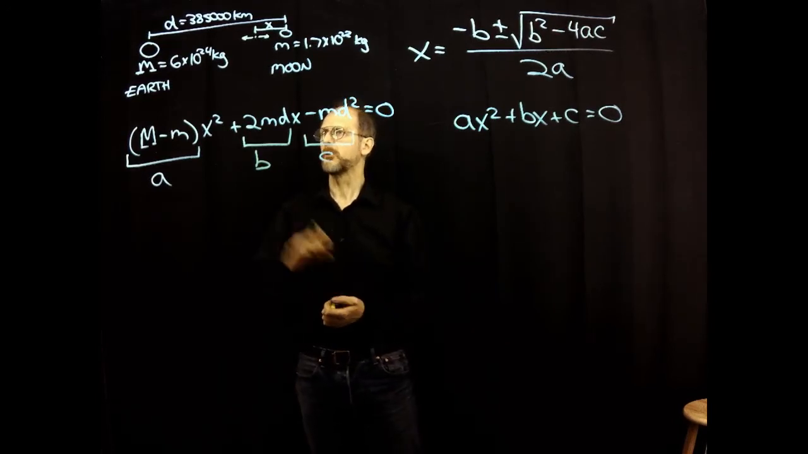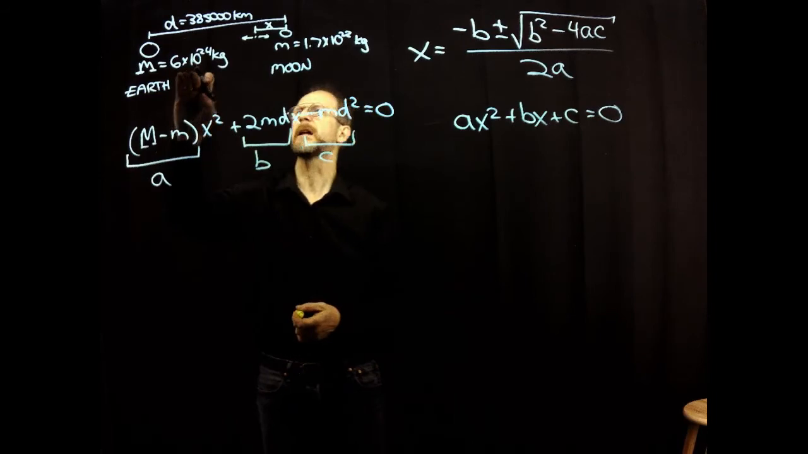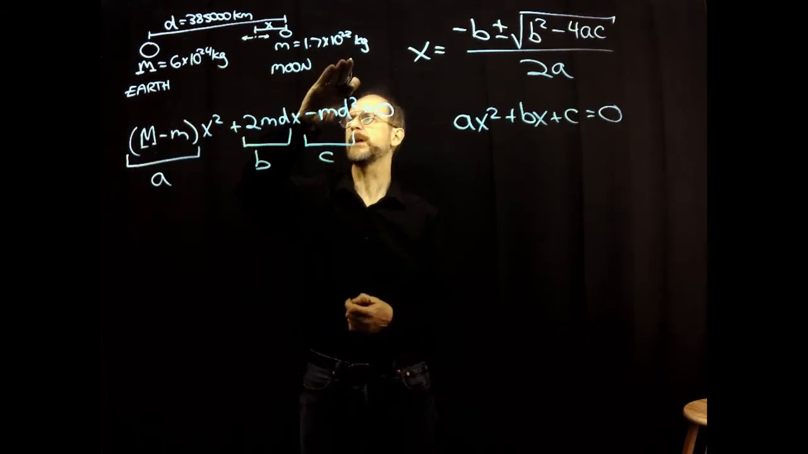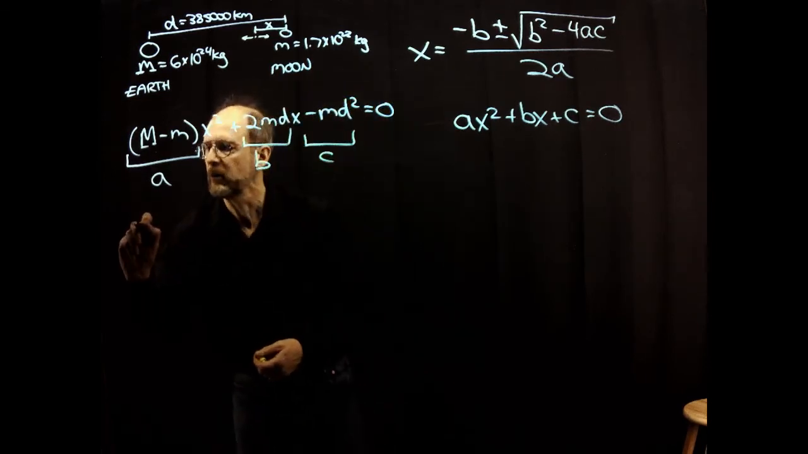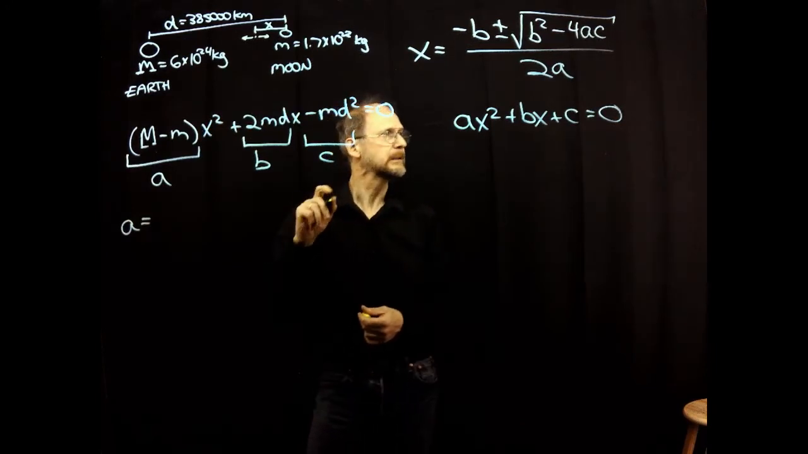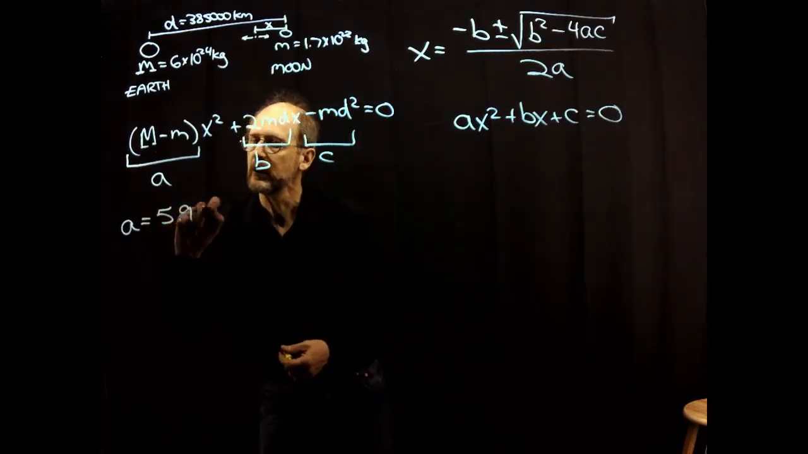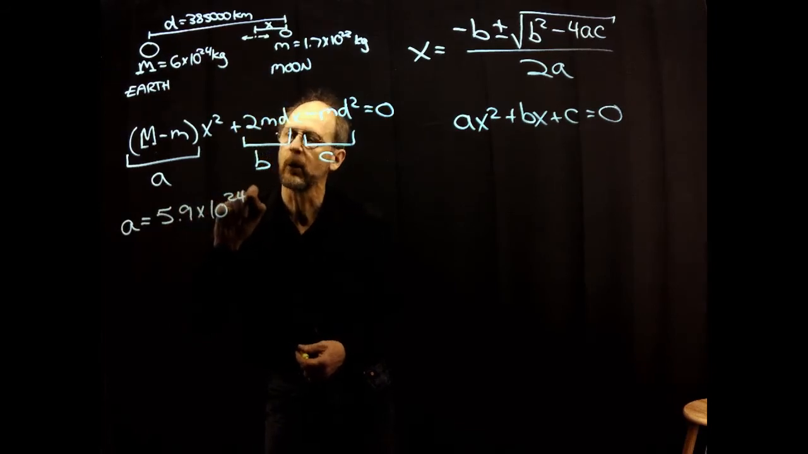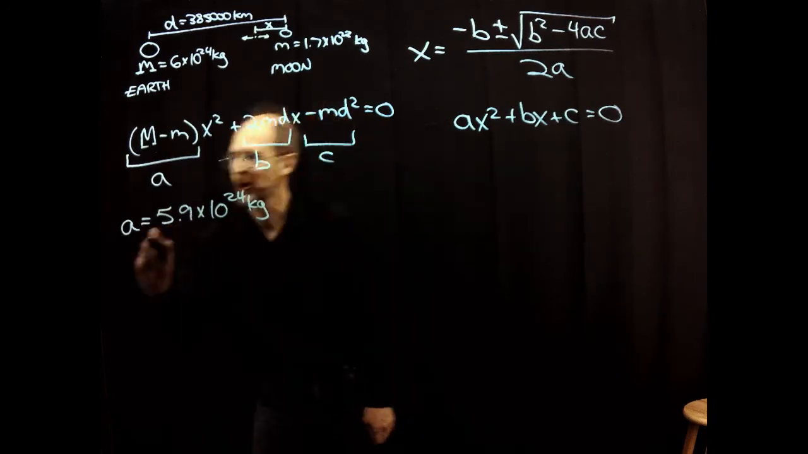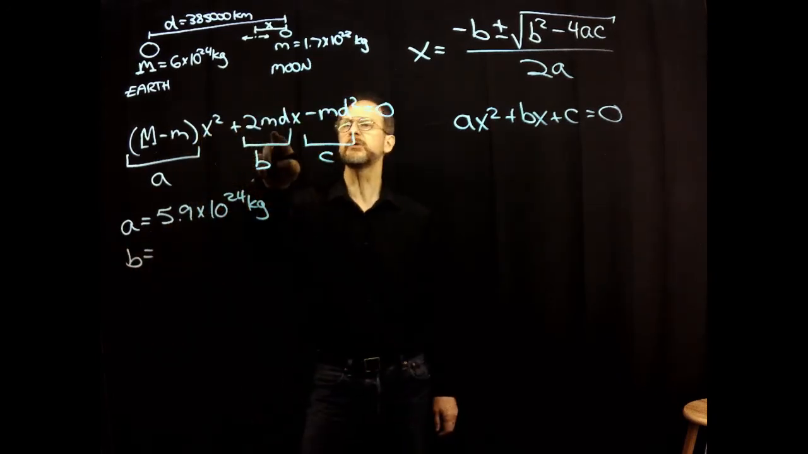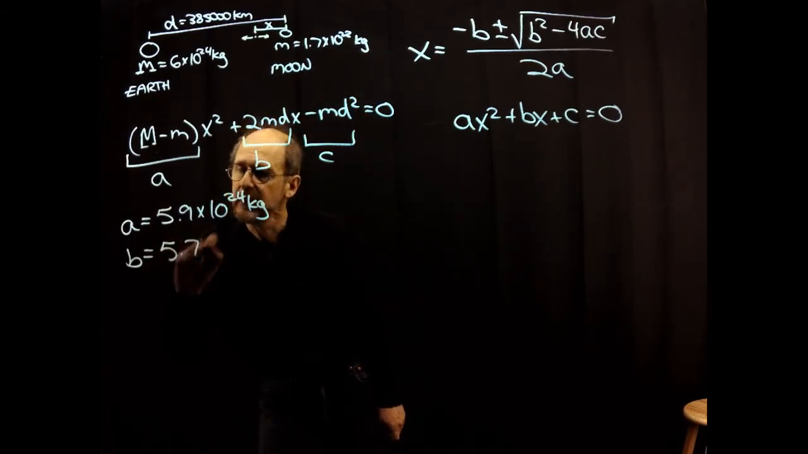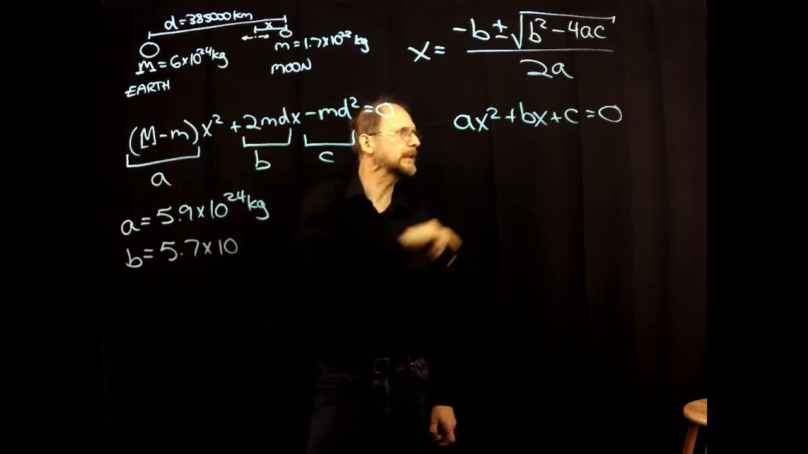So big M minus little m is 6 times 10 to the 24 minus 1.7 times 10 to the 22. When we work that out, we end up with 5.9 times 10 to the 24 kilograms. I have previously calculated those; I've got them written over there. B is 2 times the mass of the moon times d. So B is 5.7 times 10 to the 28